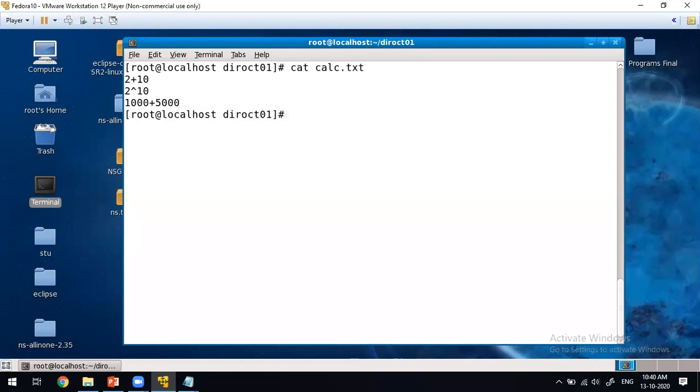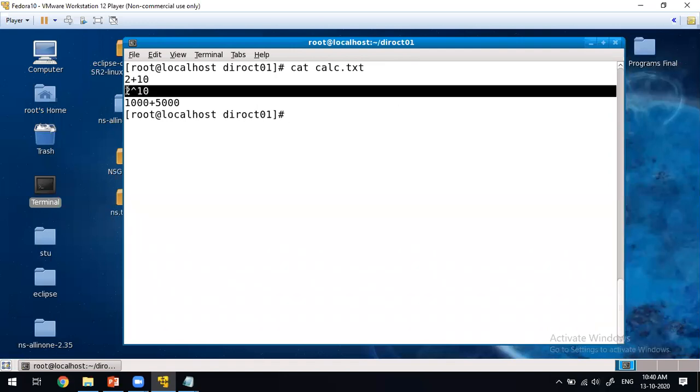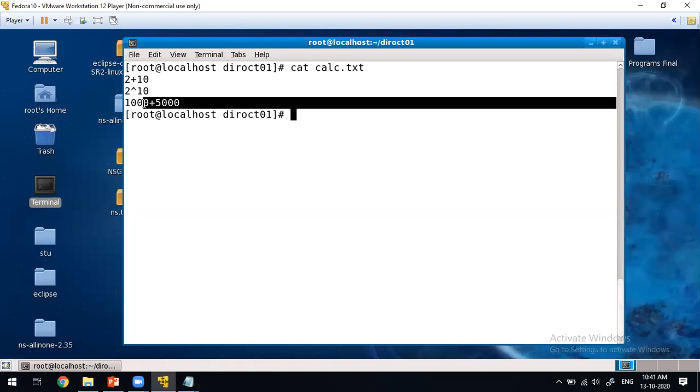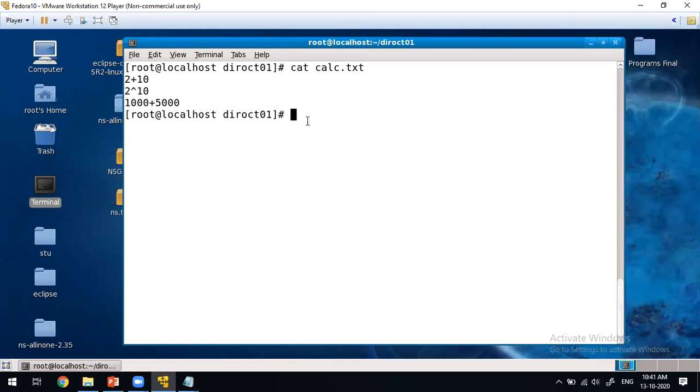The content of that file is 2 plus 10, 2 to the power of 10, and 1000 plus 5000. I want the result of these three arithmetic operations. This is the power symbol, 2 power 10, exponential. Then 6000. This is the answer I expect.